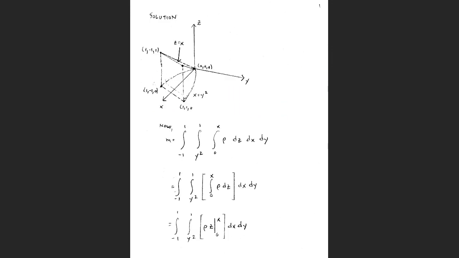So recall that this was a picture of our solid. You see it's bounded in the front by the plane x equals 1. That's this plane here. Bounded on top by the plane z equals x. The parabolic cylinder bounds it on the sides. And then you're bounded below by the xy plane. And so remember what we had to do. We had to use a triple integral to